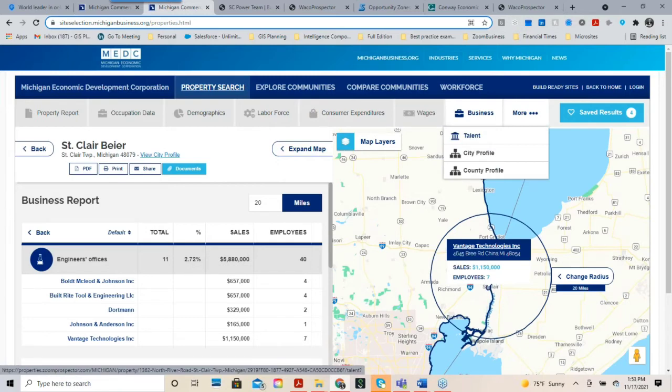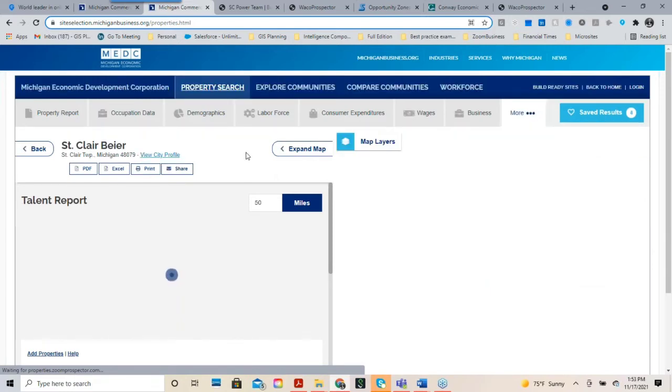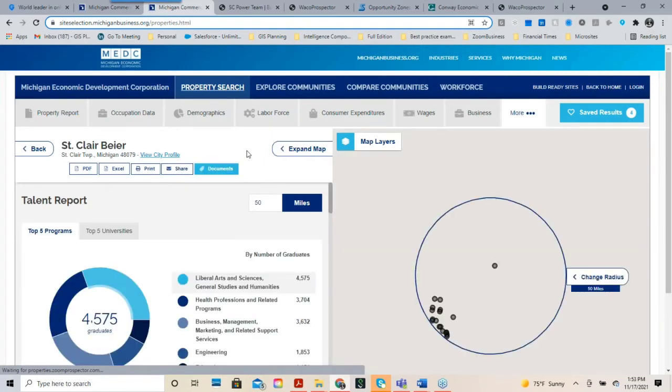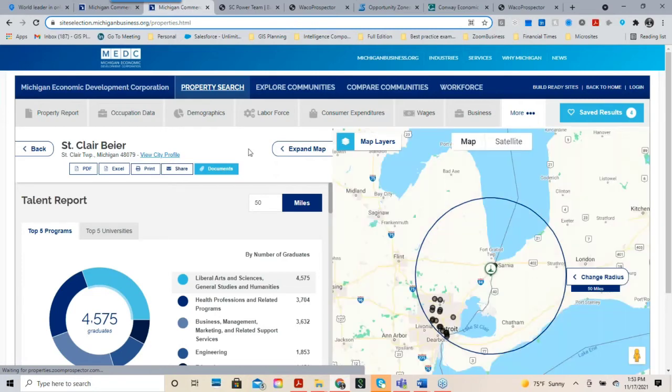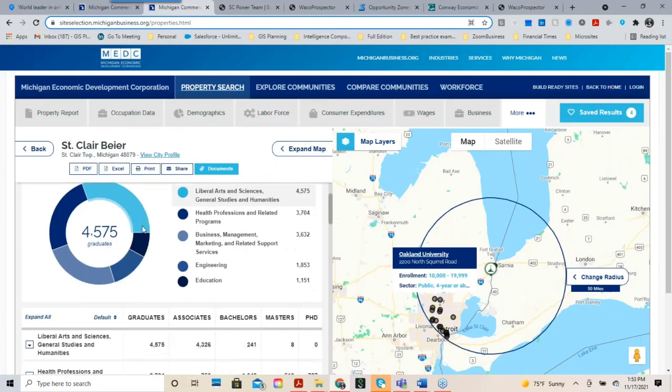Our talent information is brought to you by the Bureau of Education, and there's another word, and there's some kind of mental block I have on that word. I apologize. I can never remember it, but it's the Center for Education and Statistics, I think, or something. It is updated annually and will actually map out your learning institutions. You can see here how I'm clicking on the different dots, and it's providing me with our learning institutions, our